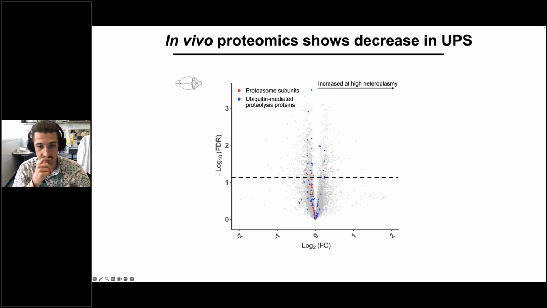And what we saw is that there was a mild but sort of a signal of decrease of the proteasome subunits and the same ubiquitin-mediated proteolysis protein. This is a KEGG pathway that we used for the transcriptome. So we saw that there's a decrease in expression of UPS proteins, but we wanted to validate whether this was